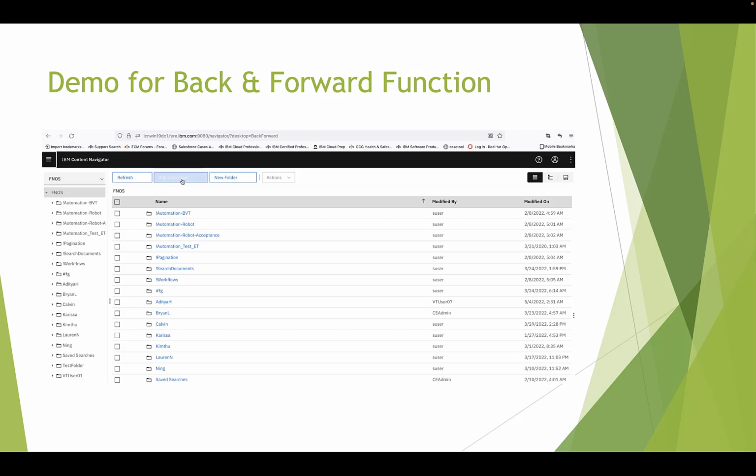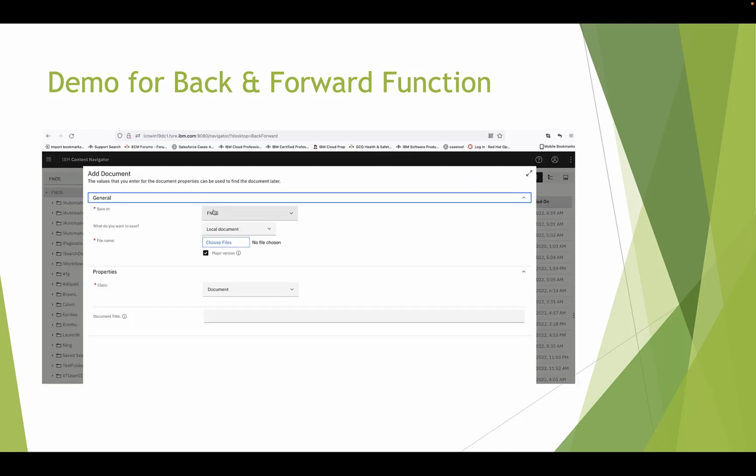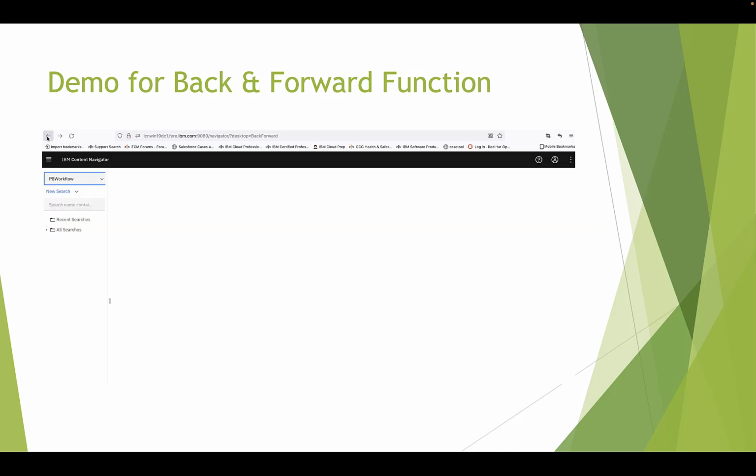And Add Document will change the repository to the last selection of search view or browser view. Last time, we were in browser view in FNOS. So here is also FNOS. If we click the Back button, it will close the Add Documents dialog and go to Search View, and the repository